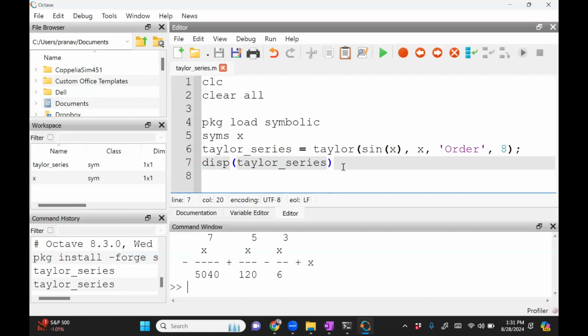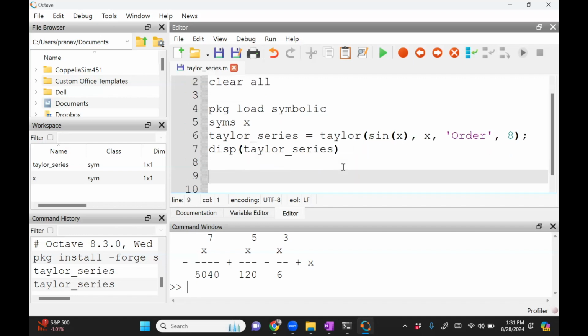Now the other thing we asked was, can we actually find the value of this at x equals some value? So it turns out that you can do that. There's a command called subs. So you can do subs Taylor series. So this is the variable. I've assigned that expression to Taylor series. What I need to do here is substitute x as 0.1, right? And then if you run this,